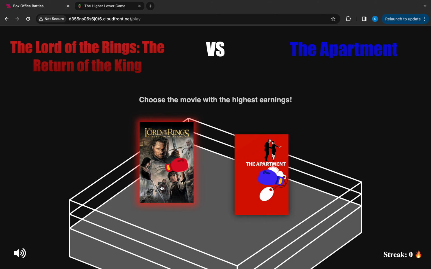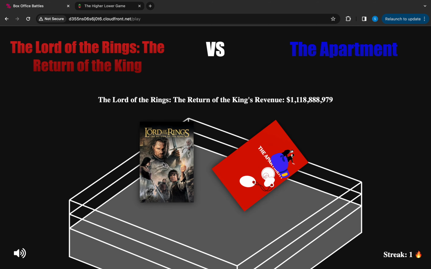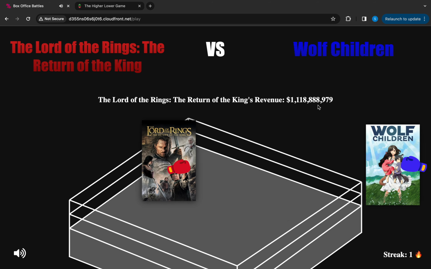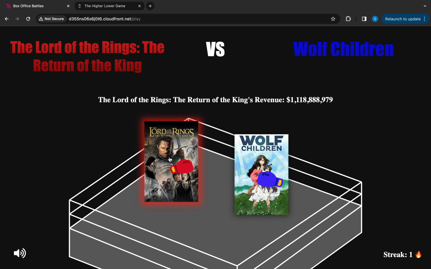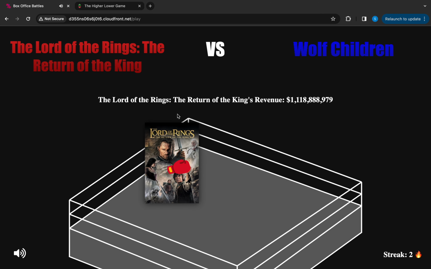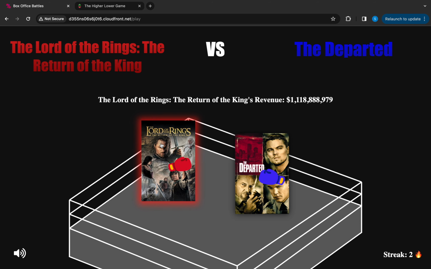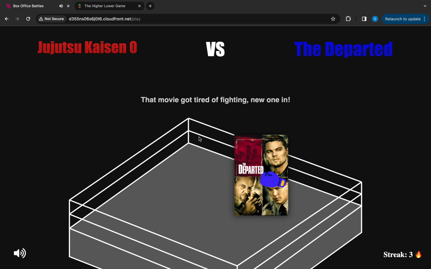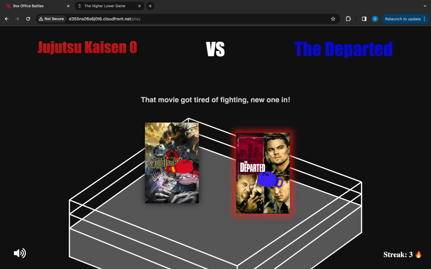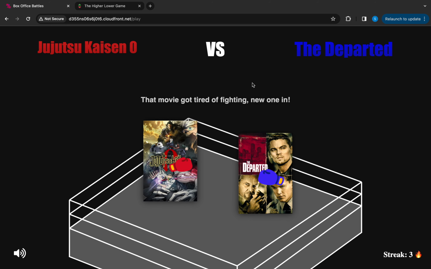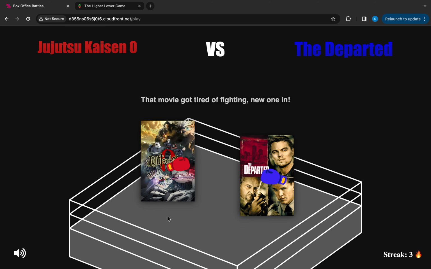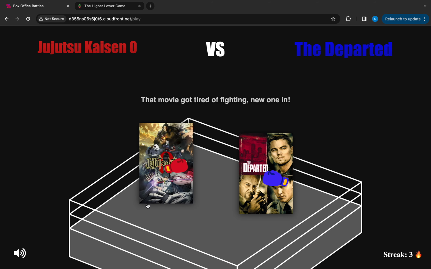And then one more feature I'll show is this really quickly. So Lord of the Rings, very popular movie. It's going to win most of the time with everything. So one feature we implemented to prevent Lord of the Rings from staying here forever is a 3-punch out rule. So Lord of the Rings gets tired of fighting after 3 punches to prevent pretty much infinite wins.